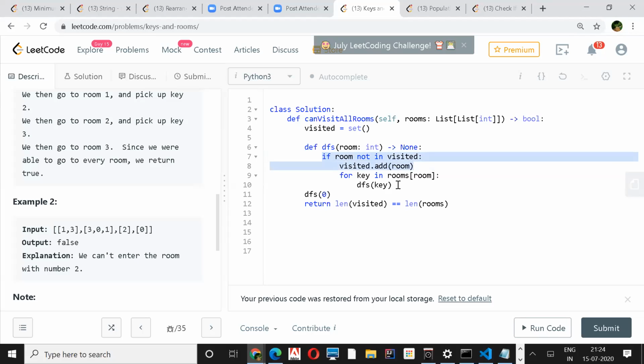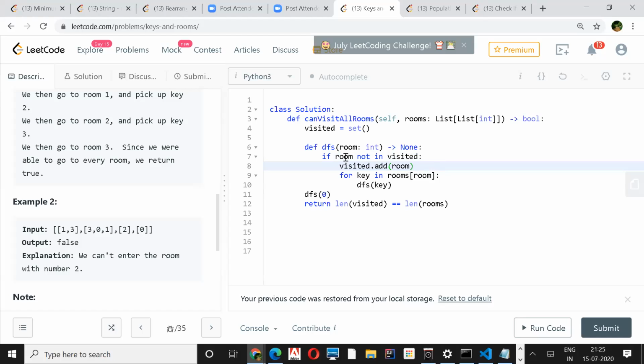Yeah, and also add visited.add(0) in the beginning. Okay, yeah, sure. So you only make the DFS call if it is not visited. If any of the keys is not visited, then only you make the call. Okay, and that's a little better. If we approach the algorithms with that thinking, I think all the DFS algorithms are a little easier to think about. That's how I do it actually.